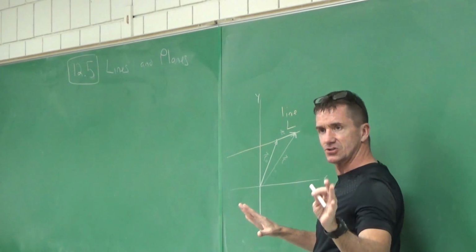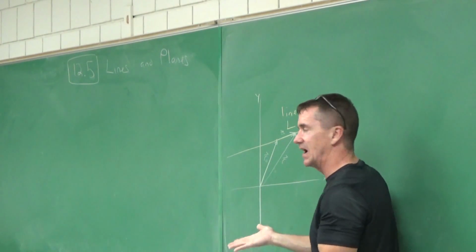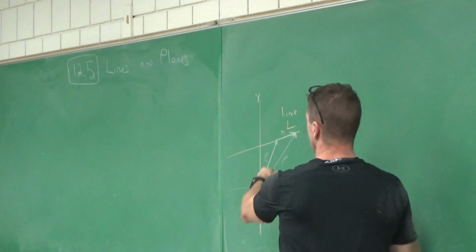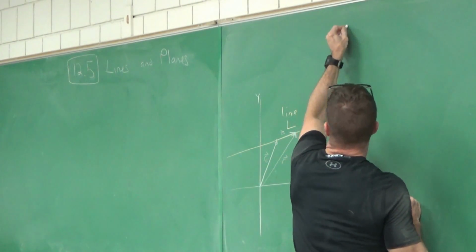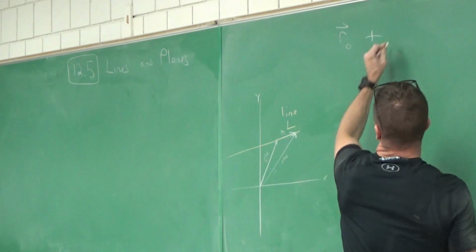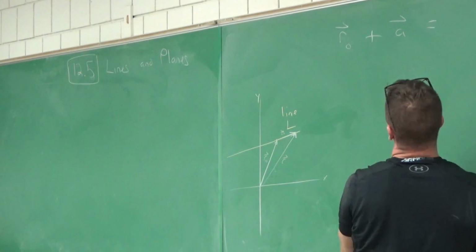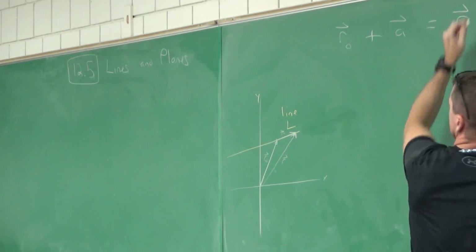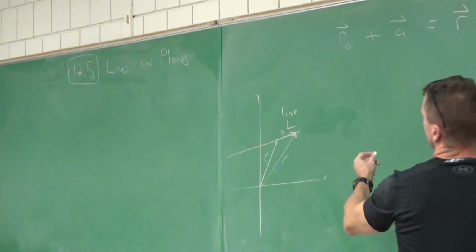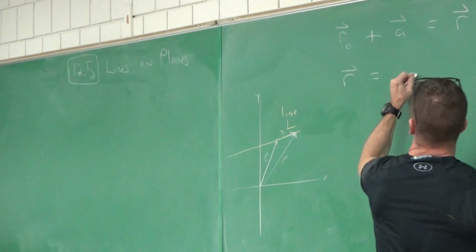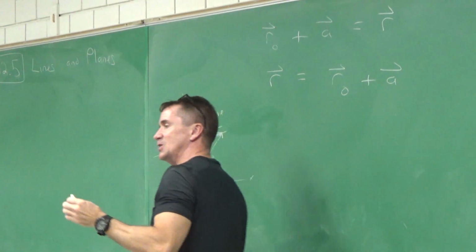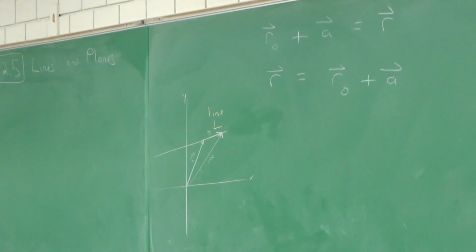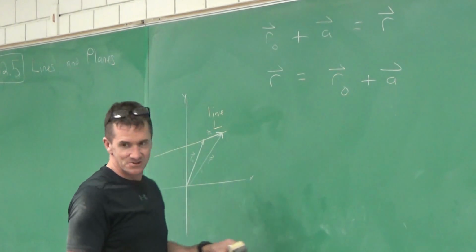So I'm going to start out by writing the triangle law, and then we'll generate the equation of how we can deal with lines, and it'll be real easy. Let me start with this. Do you agree by the triangle law that vector R sub 0 plus the vector A equals vector R, right? In fact, I'll write it as R equals this vector plus. This is going to allow us to create an equation of lines, not only for 2 space, but 3 space, using vectors. Vectors are so cool.